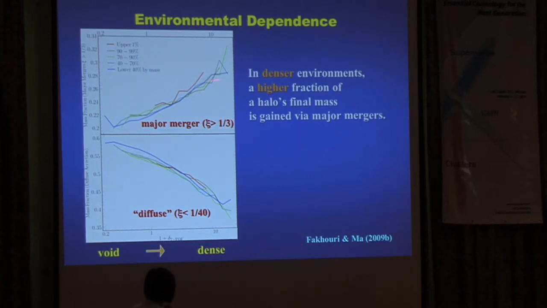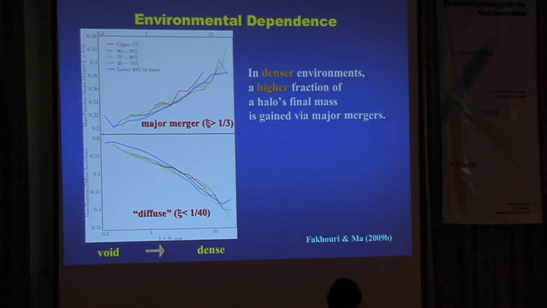Okay, so you can ask, what is the fraction of a halo's final mass that's gained through a major merger in its history? Okay. And the major merger is defined at the time of the merger. So say if this halo, today's halo at redshift 3 experienced a major merger, we are referring to its mass at redshift 3 and a progenitor that came in within a factor of 1 to 3 at that time. Okay, that's different from counting a merger ratio relative to today's number, just for those of you who care about the details.